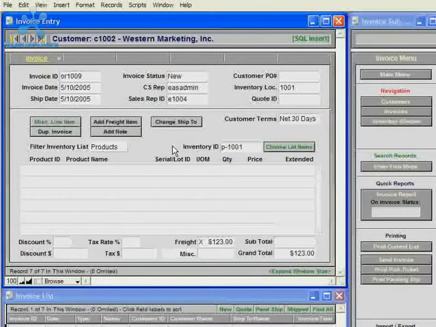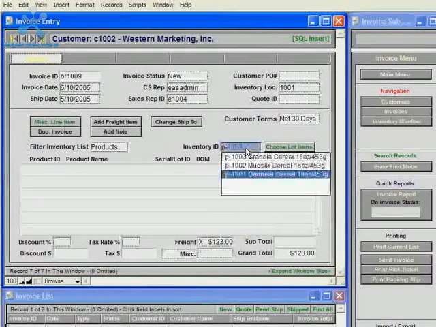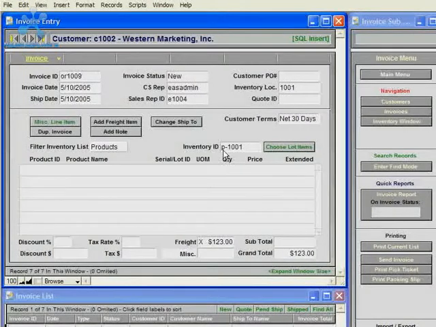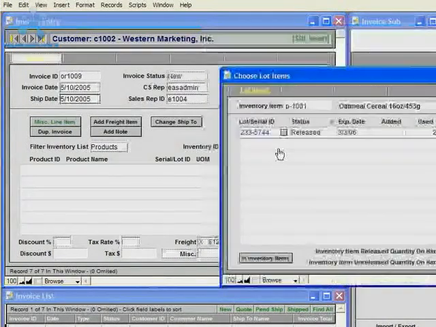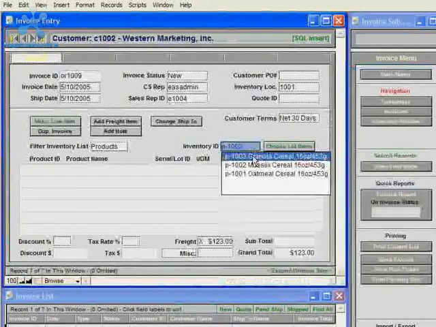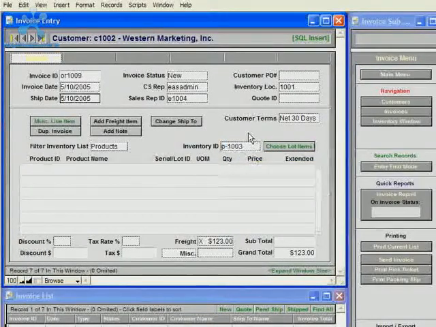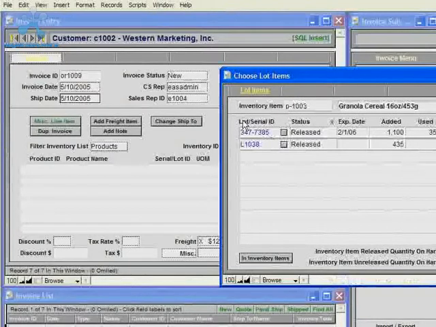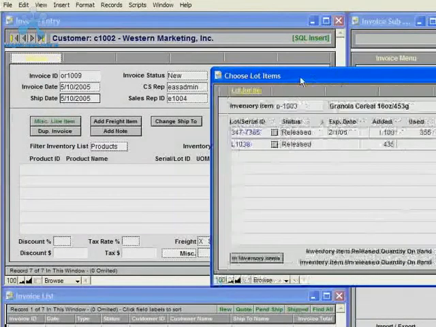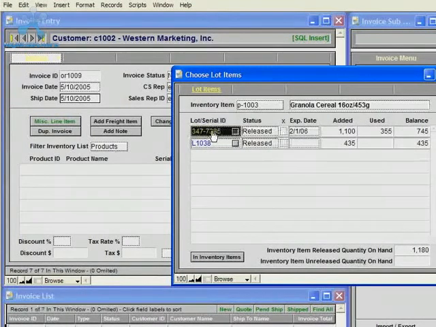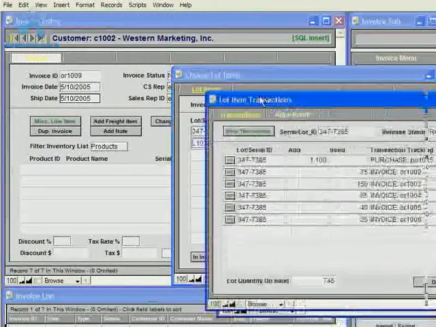remove the line item that we've added to this invoice, and then I'll choose the product once again that I'm interested in pulling items from the lots, and that's P101, and I'll click the Choose Lot Items button. But for this training I will choose a different product, one with more test data. It's P1003, and then I'll choose Lot Items, and you'll see all of the lots for this product will show up in a list, and then for each lot there's multiple transactions. So we'll go ahead and click on this first lot here to create a new transaction